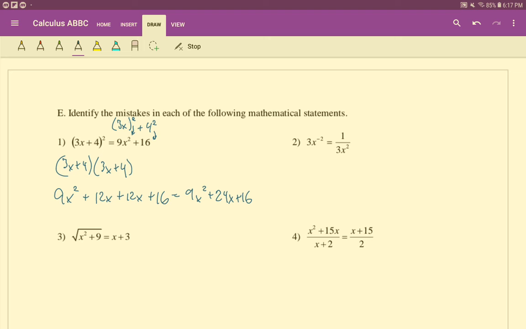Again, this mistake is not necessarily way off base, because there is a situation where you can do this, but it's not for addition, it's when you have multiplication. So for example, if we have 3x times 4 and that is squared, then that does equal 3x squared times 4 squared. In other words, when you take a product and square it, you can distribute that square over the product. And this would then equal 9x squared times 16,